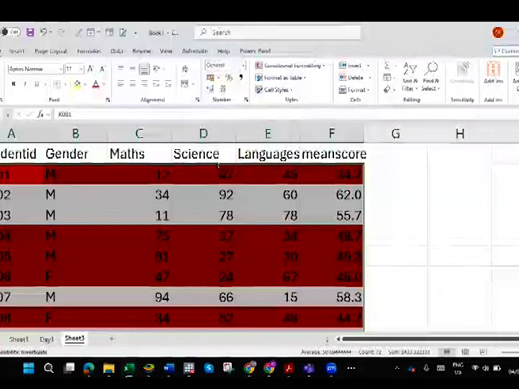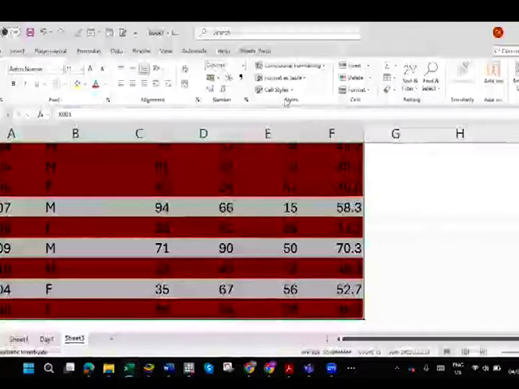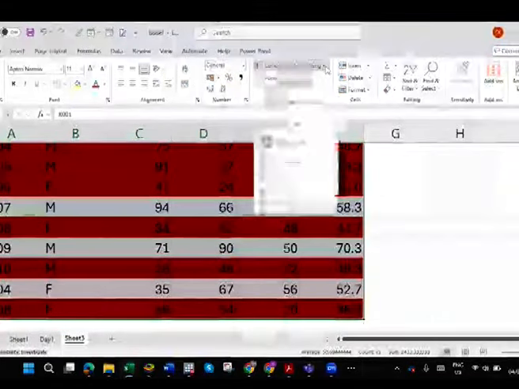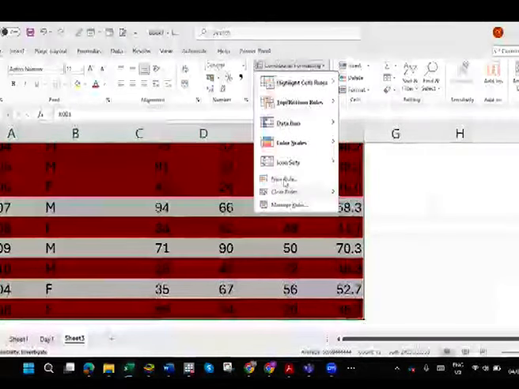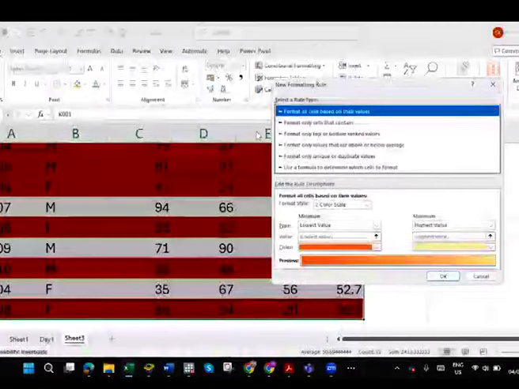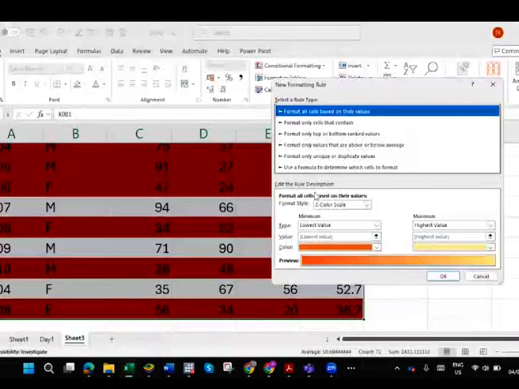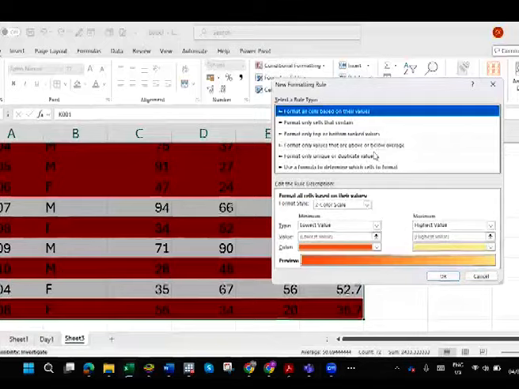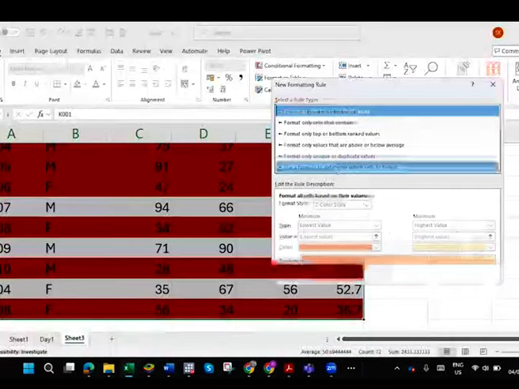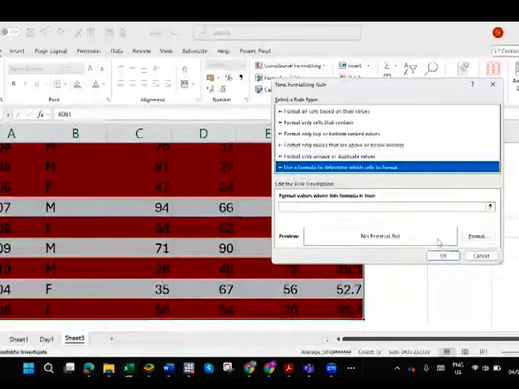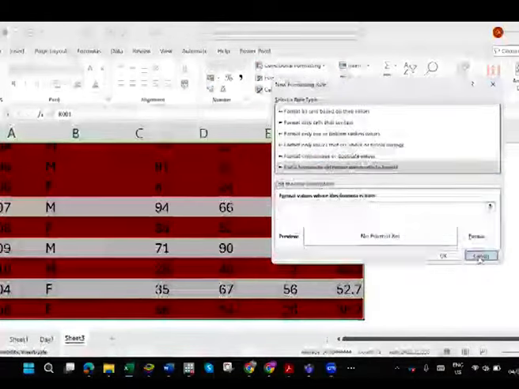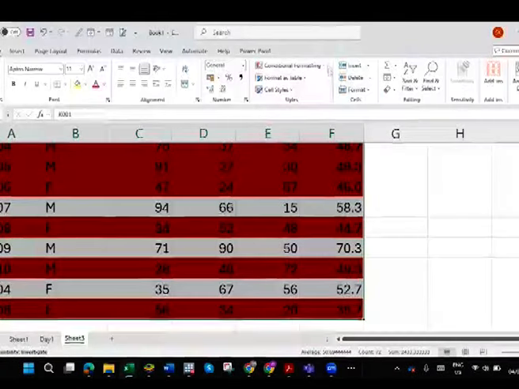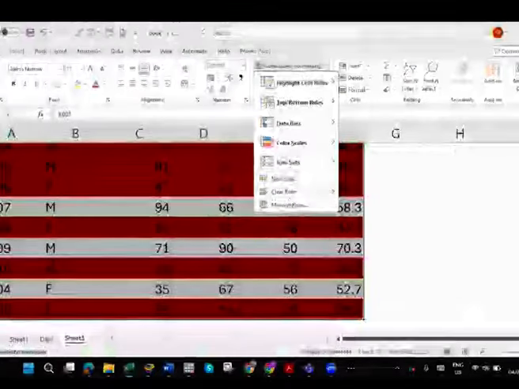Now on the duplicates, highlight the whole of the data set, then go straight away to conditional formatting, go to new rule. On the new rule, we want to add a rule. So we are going to override on it. I don't want to override, I just want to add. So for us to add, we are going to go to conditional formatting, and here we are going to do